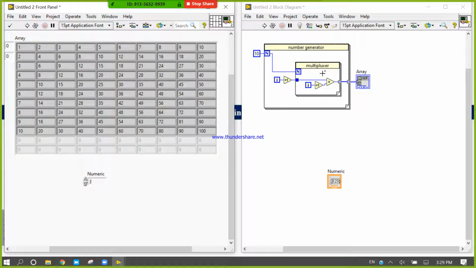Look here. Sorry, this will be the same. Control Z. We need to change this. Delete. Okay.